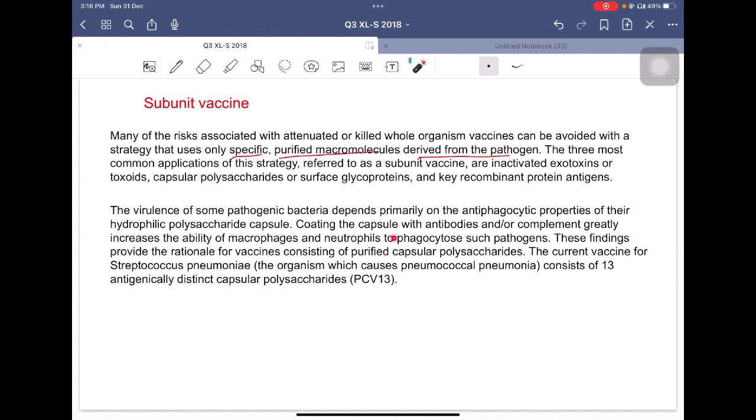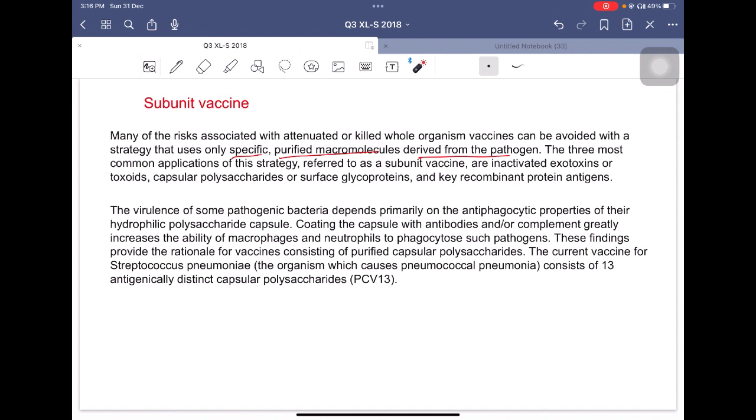Once we introduce these capsular polysaccharides as a vaccine into the body of an individual, the individual will produce antibodies against those polysaccharides, right? And once a real infection occurs, for example this pathogenic bacteria invades the host body,